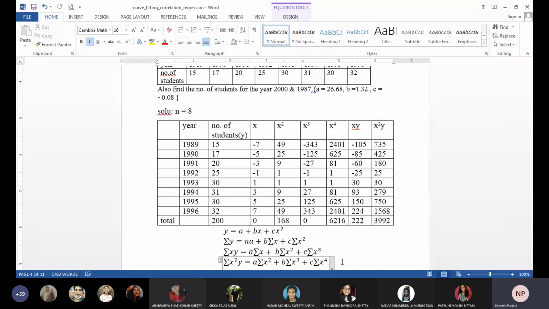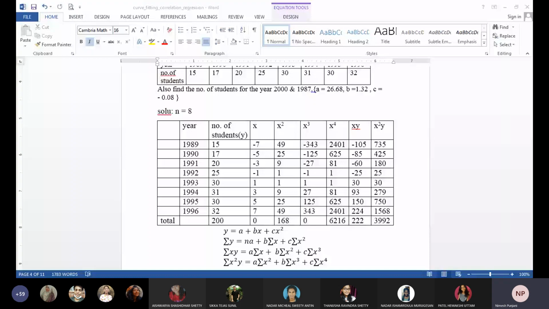Are the values of the table you're getting the same values? यस सर। okay